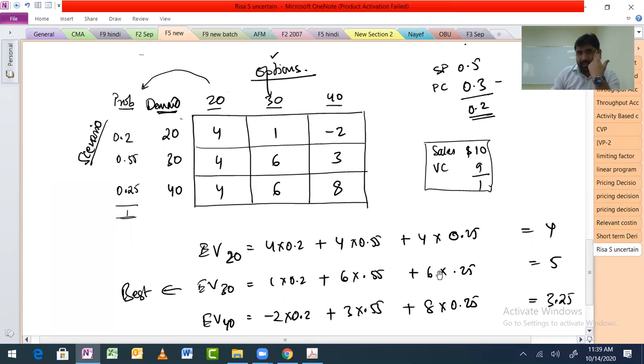I'm saying the observation is that if I buy 30 magazines, on an average, because we have done probability average here, my income will be $5, which is higher than the remaining. So on an average I am expecting I will be earning $5, correct? Now if you buy 30 magazines, you will get either 1 or 6 or 6. Where is 5? Do you get my point? Your final answer is dependent on a number which was not even there.